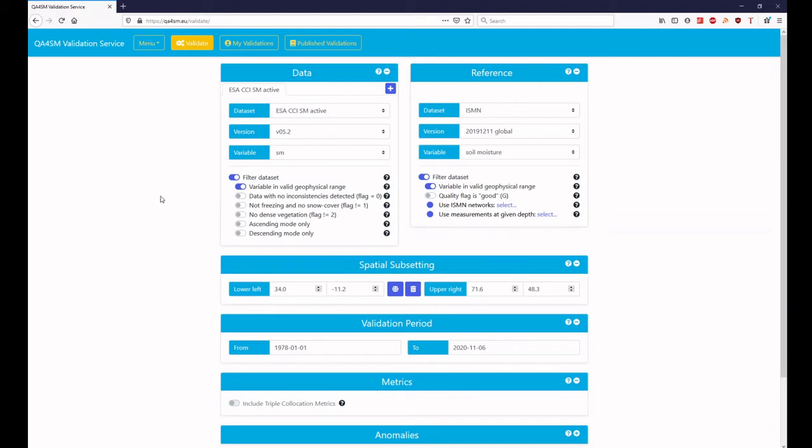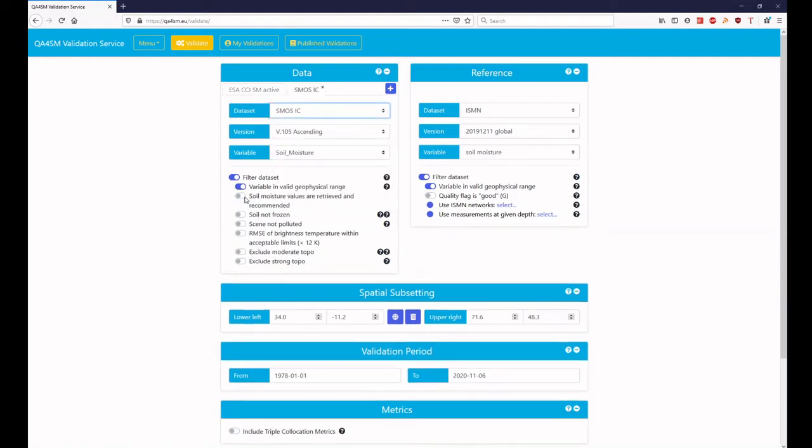In the bottom, we can filter the dataset. So for this example, we will only include measurements that are recommended by the data providers. And we will also exclude any measurements that are taken under frozen soil conditions. We can add another dataset, for example, the SMOS data, and also here we only use the recommended data. On the right, we used in situ measurements from the International Soil Moisture Network here, and also here we use